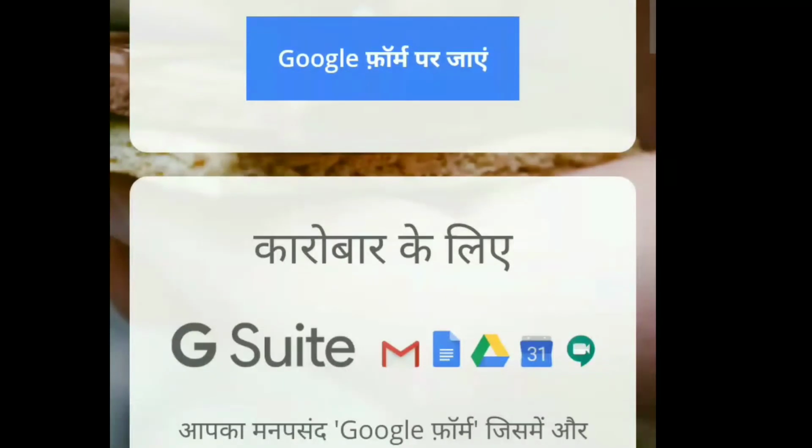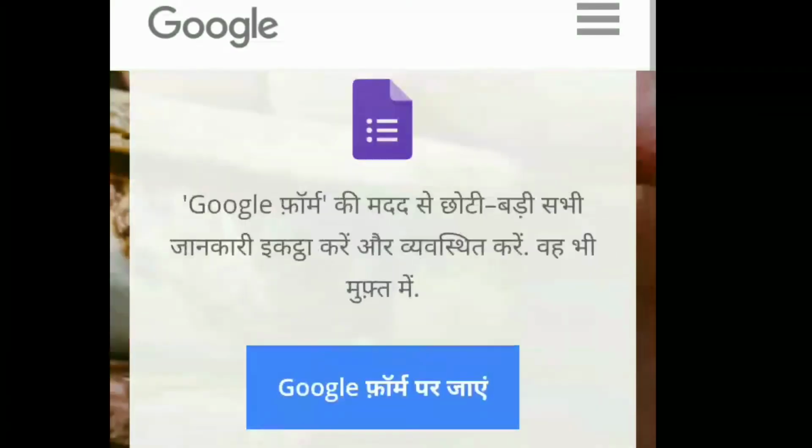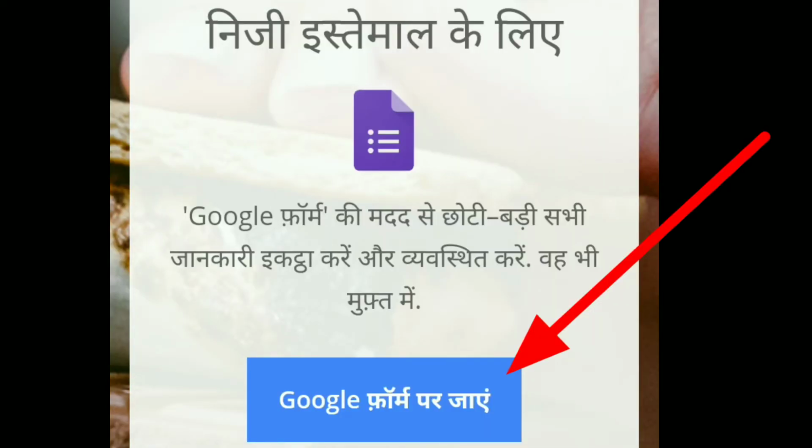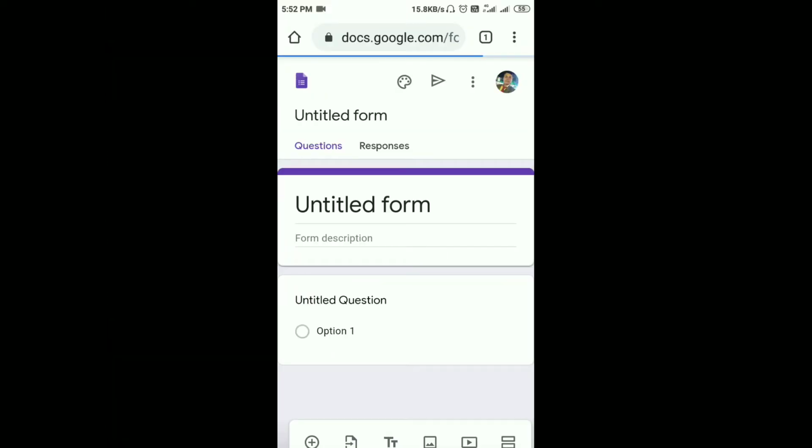The first thing you have to press is Google Form पर जाएं. Just click on this. Now the new page opens before us.